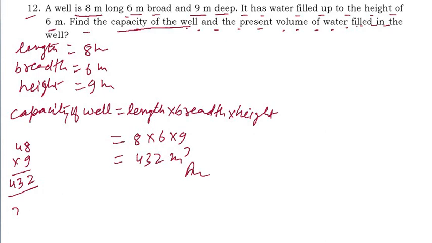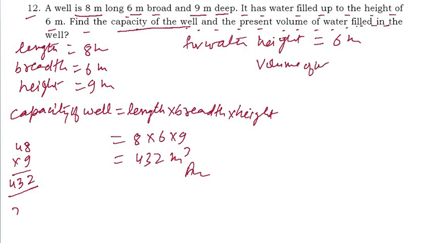For water, height is 6 centimeter. You have to see 6 meter. For water, you can write here for water, height, it is given as 6 meter. So volume of water, you can write here volume of water. It is volume of water, that means